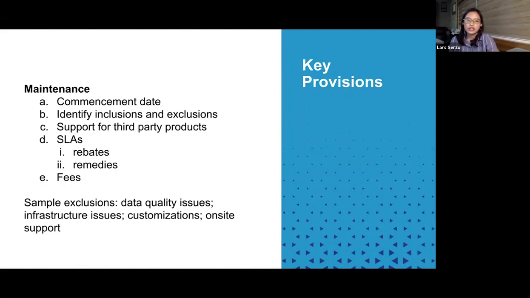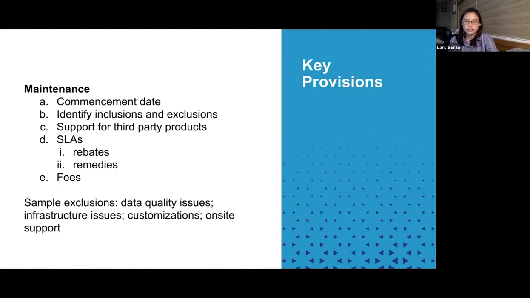So what should you watch out for? Watch out for inclusions and exclusions. If you're the provider, then most likely you'd want to exclude, let's say, defects arising from the acts of third parties, or defects arising from the willful misconduct of the customer, or defects arising from unauthorized combination of the software, installation that's not consistent with your instructions, etc. And then, of course, if you're the customer, you'd want fewer exclusions.